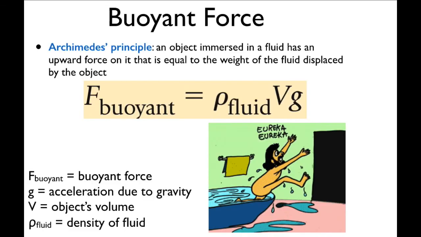Now, Archimedes' principle basically said that if you have an object immersed in a fluid, the upward force on that is equal to the weight of the fluid displaced by the object. And the way supposedly that Archimedes figured this out was he filled up the bathtub, he got in the bathtub, and he saw that the level of the water rose when he got in the bathtub, and supposedly